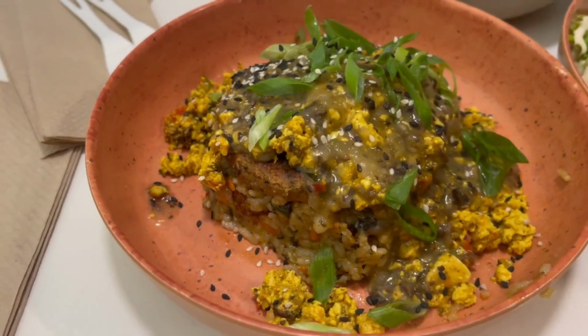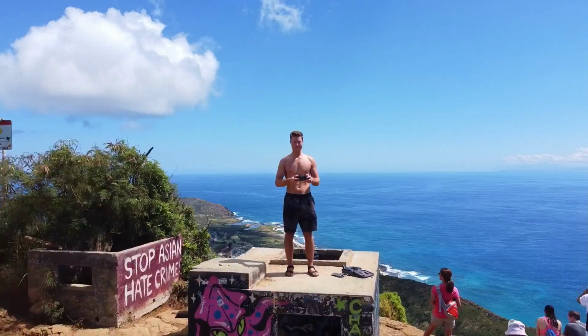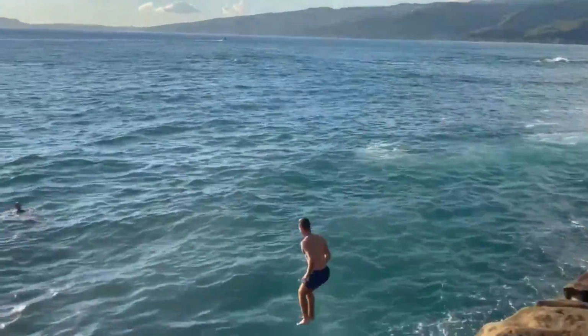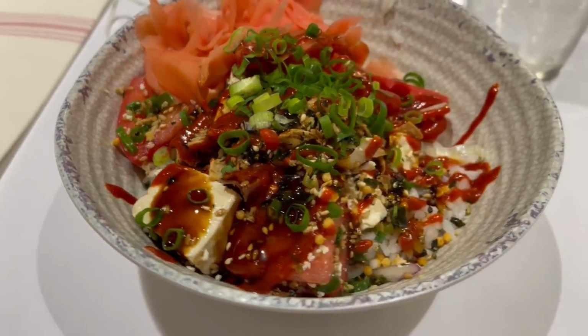Here is all the vegan food I ate on the beautiful island of Oahu, Hawaii. Now, I spent over a month on this wonderful magical island, including eating at over 20 restaurants. So with so many different foods and delicious things to cover, we're gonna break it all down neighborhood by neighborhood,